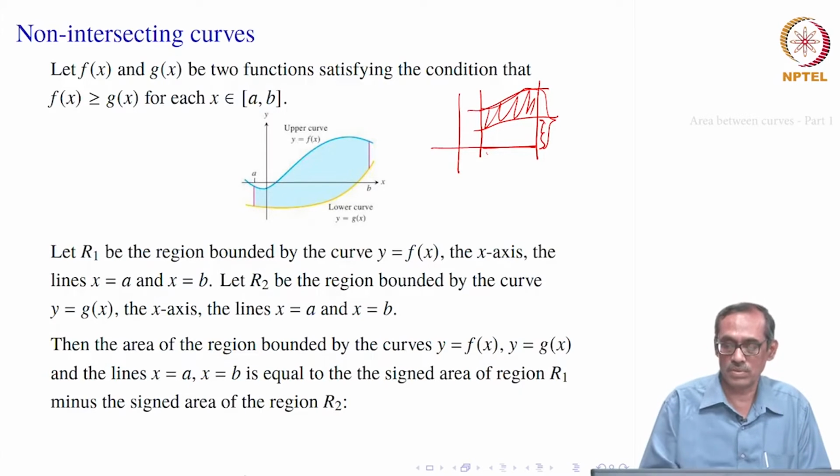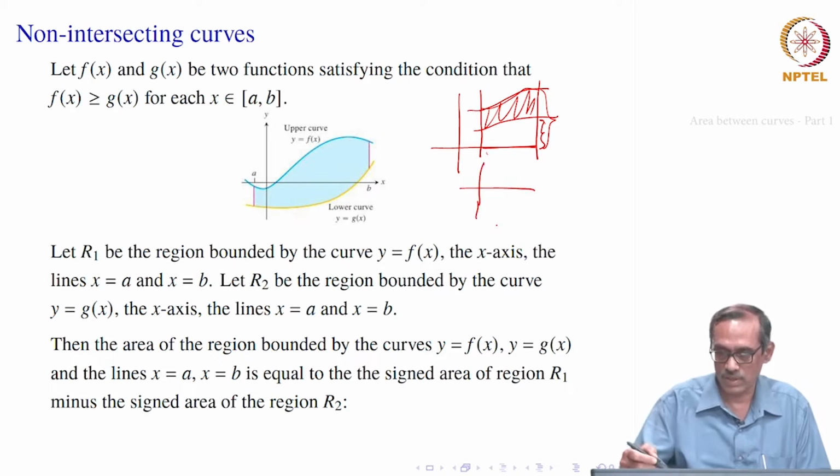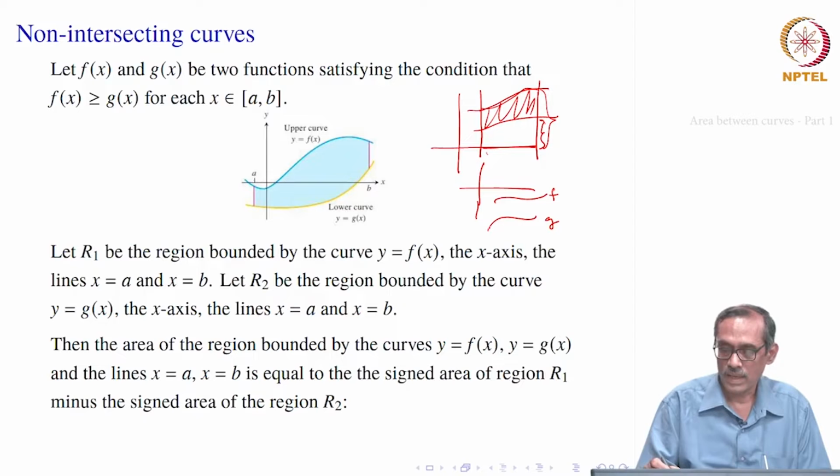So, that is easier to see in the other picture. Sometimes it may happen that both of them are downside, that is below the x axis. So, one can be f, another is g. So, here f is here and g is here. Then again to get the area, you take this area minus the whole area, it is the signed area we are taking. So, that will again give us the area of this region.